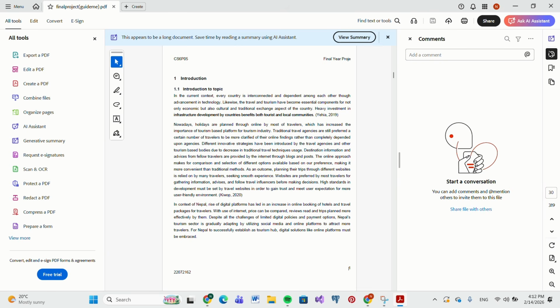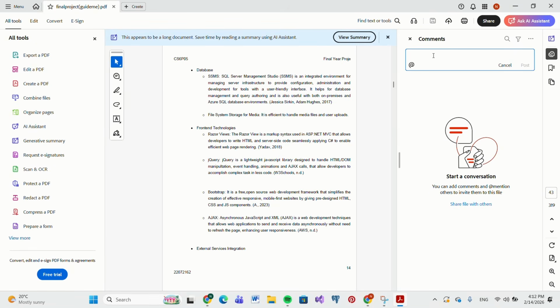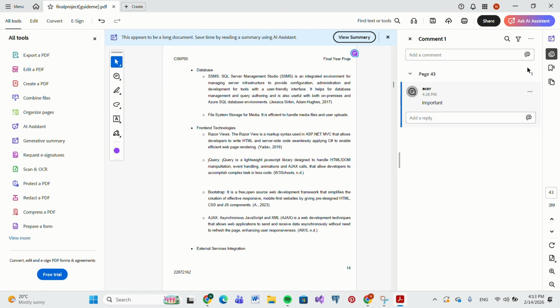Before adding your comment, make sure to select the exact page where you want to place it. Click on Add a Comment. Now type your comment or annotation in the text field. After entering your comment, click on the Post button within the field. And once you click Post, your comment will be successfully added and you will see the comment listed in